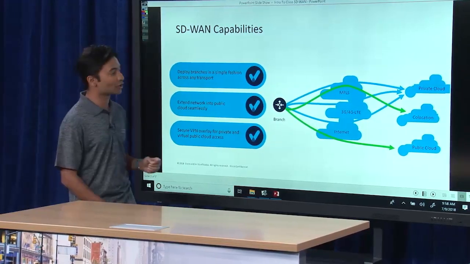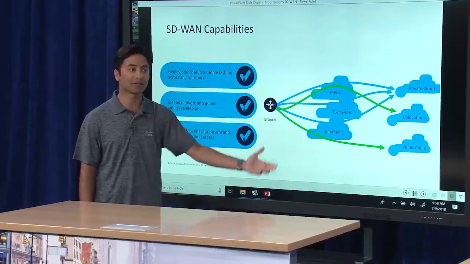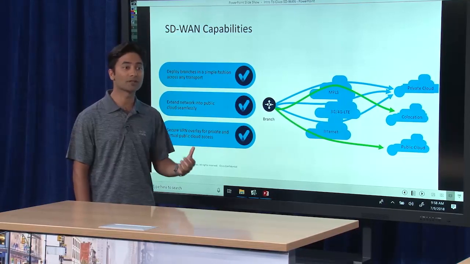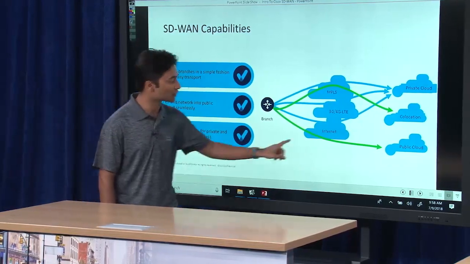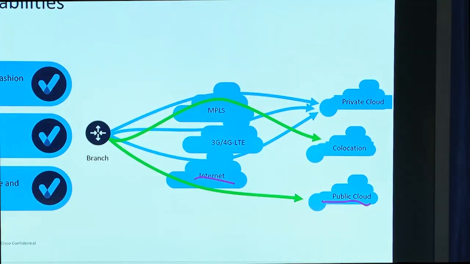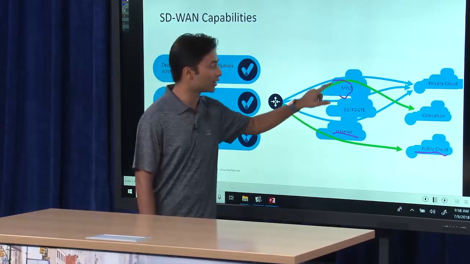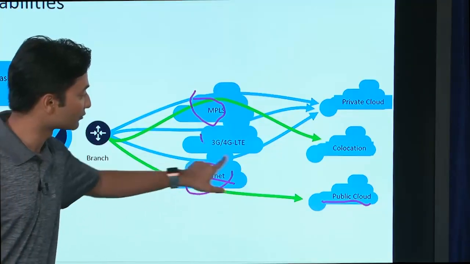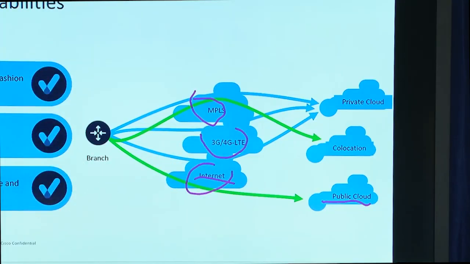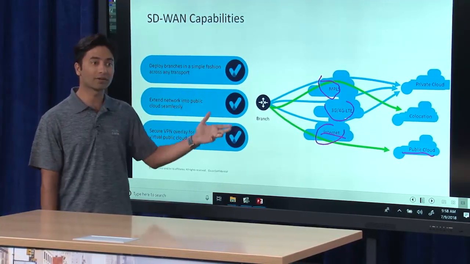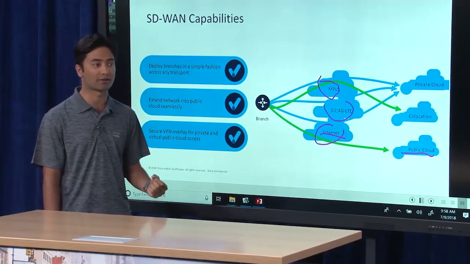And then finally, when you talk about cost, now that I have the flexibility to choose between all these different options, I can mix and match and decide what is most cost-effective for me. So I may choose to use internet circuits only and move all of my application server endpoints into the public cloud because I've negotiated a particular rate at that point. In other situations, I may want to keep MPLS, but now I can negotiate the price for MPLS as I use internet and 4G in different fashions. So the fundamental thing we want to give the customer is choice. They should be able to consume whatever they need in order to get the application experience they want.